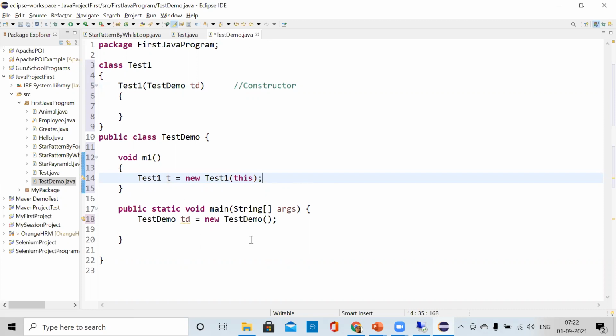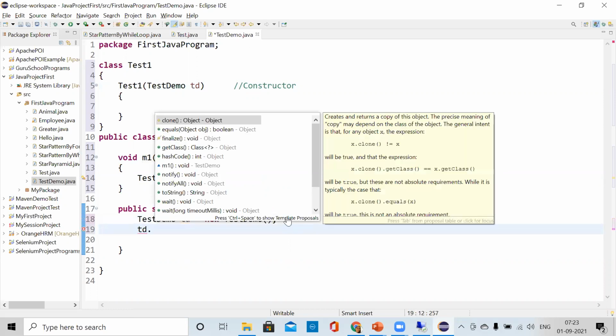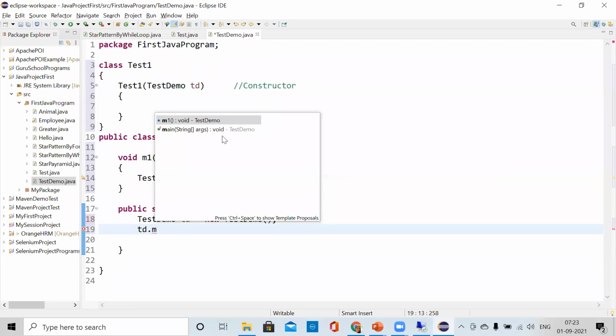Clear? Now what we want to do is call this M1 method here. PD dot M1 should come. Yeah, it is coming. See, always check whether this method is coming automatically or not.